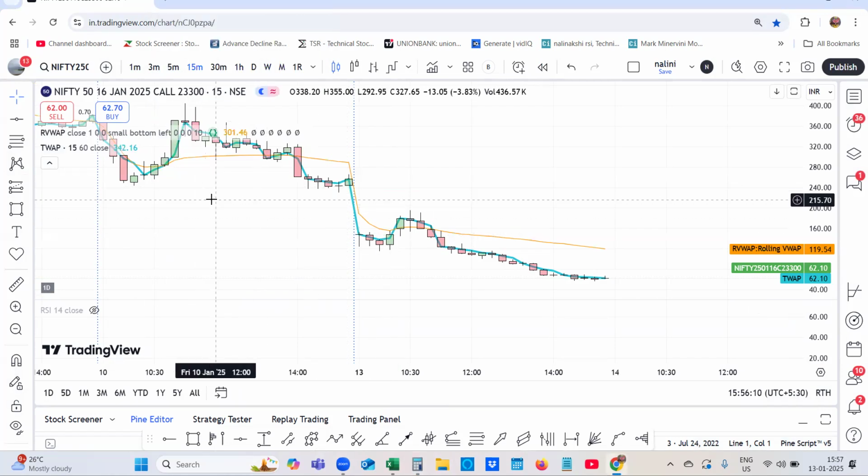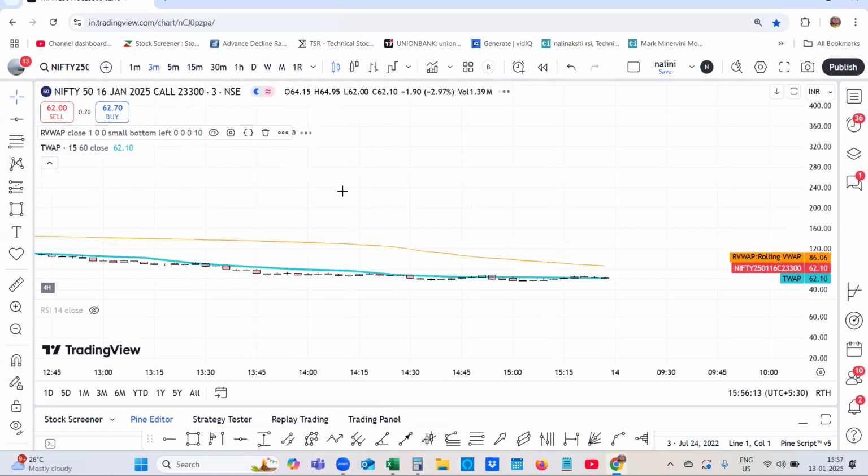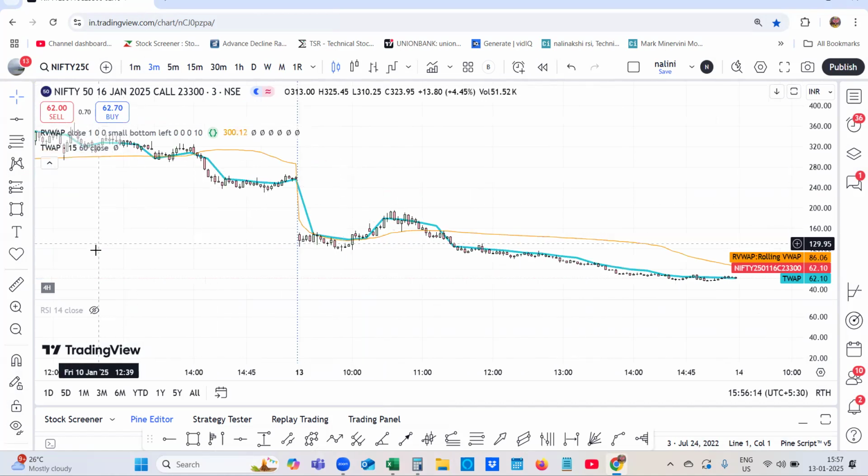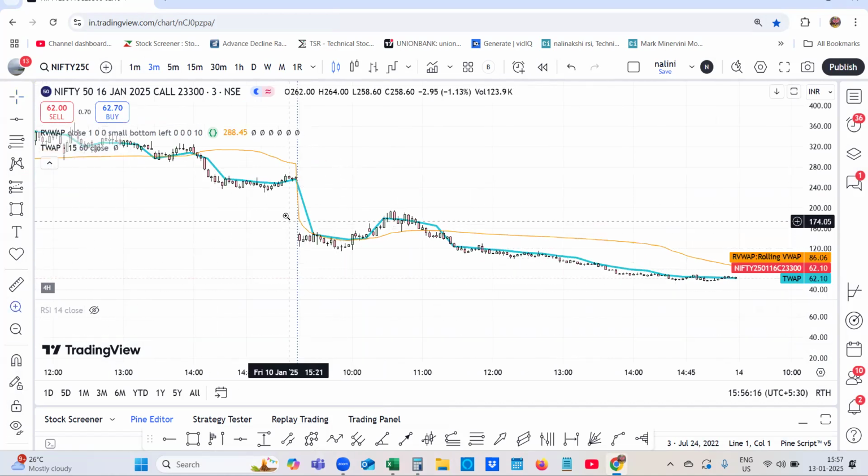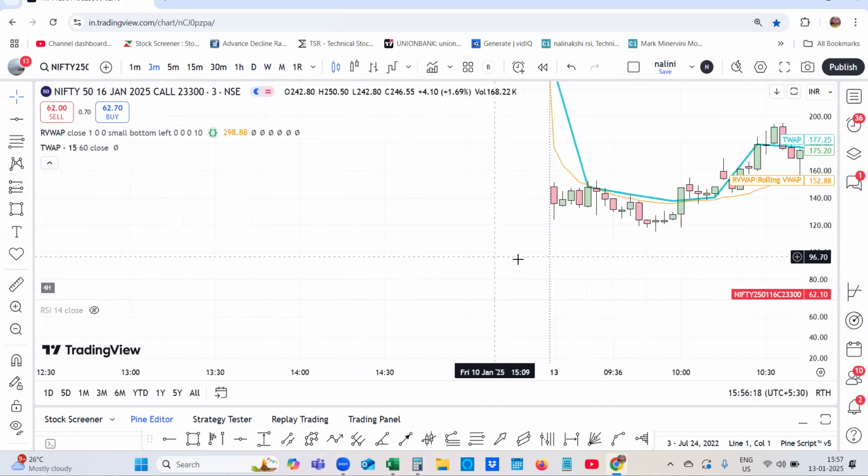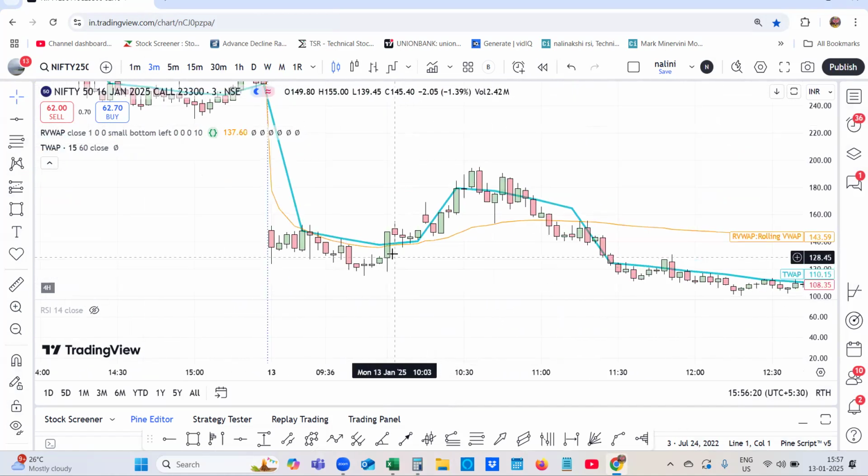So how you could have entered in this is with the lower time frame, with the help of RSI. Here you can see the market climbed above the VWAP. At that time, the reading was 138. But by experience, you can enter into this as an early trade when it starts making a move.